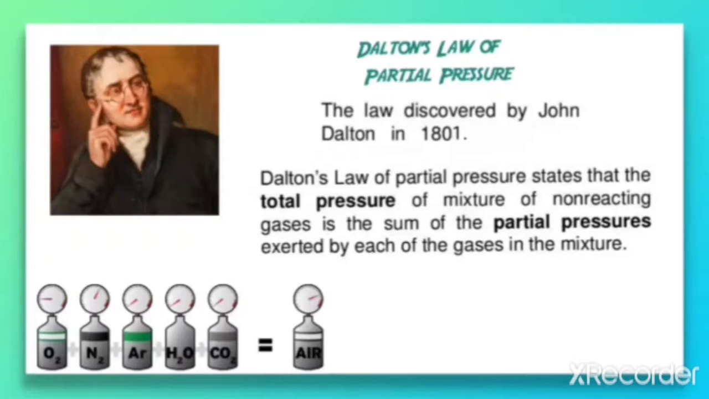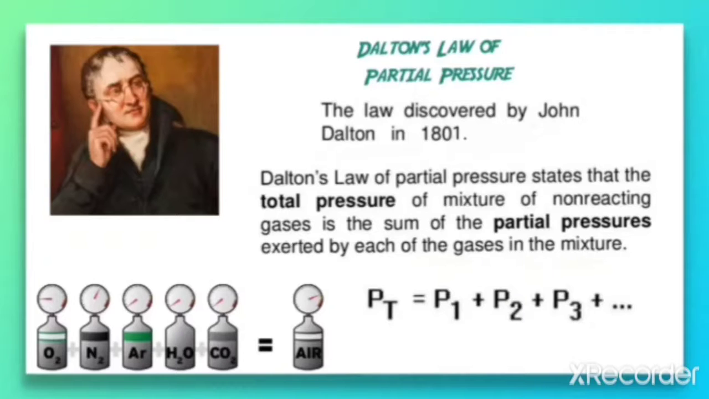As we are familiar, air is a mixture. So what will be the total pressure exerted by the air? If P1 is the pressure of one gas, P2 is the pressure of another gas, P3, P4, P5 and so on, these are the partial pressures of the individual gases. So what will be the total pressure? P total is equal to P1 plus P2 plus P3 and so